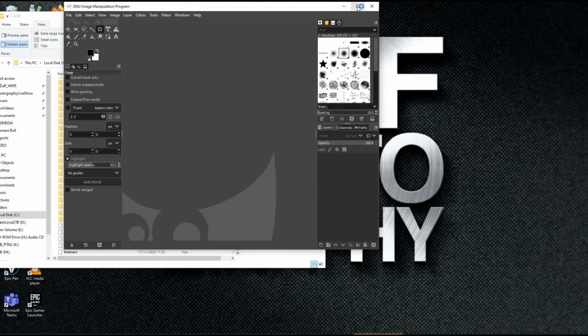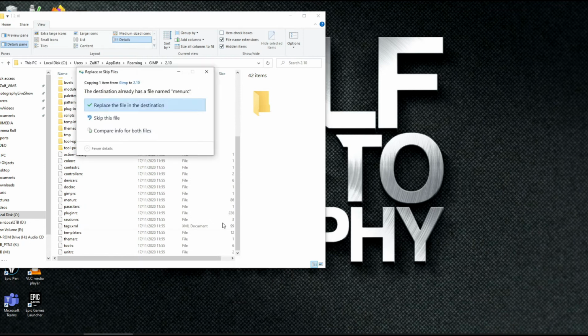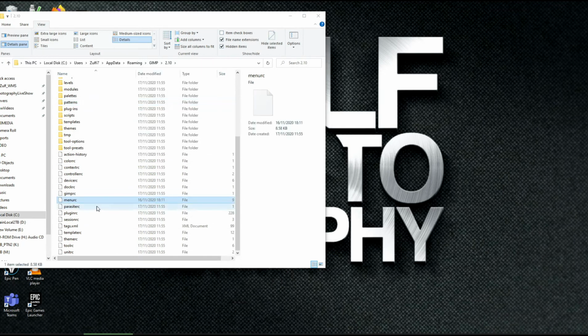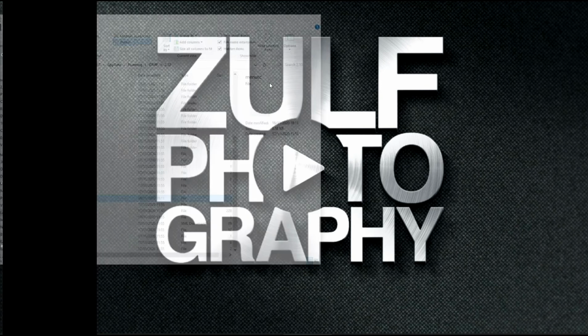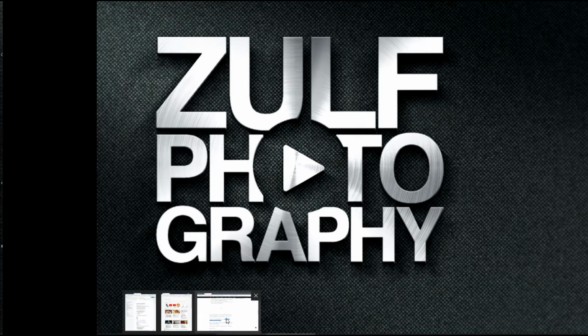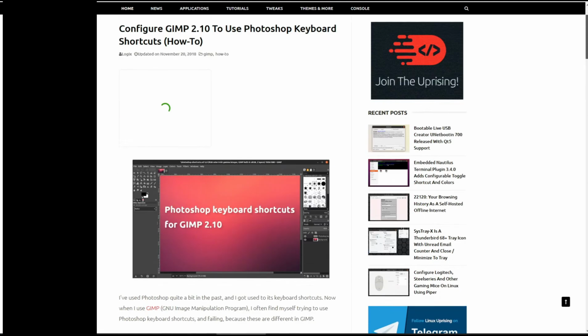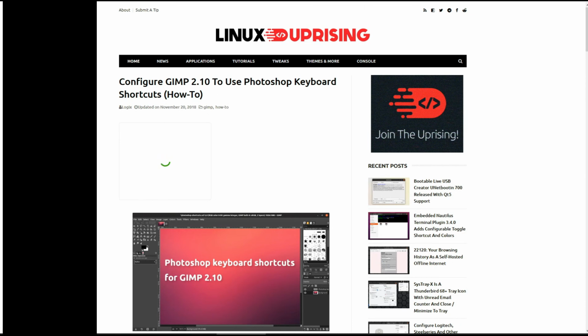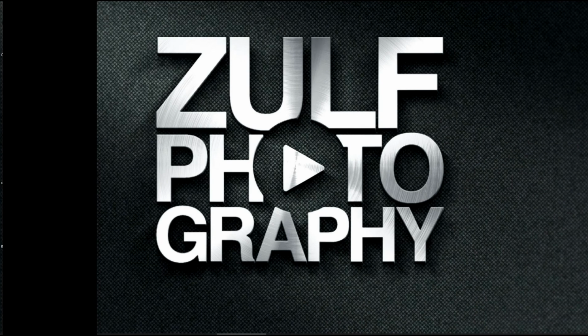So I'm going to close the Gimp and right click and paste and replace the file in the destination. So that's done that. All we've done there is added that little file which allows the shortcuts to be similar to Photoshop. So that was basically that element of the process. Now I can close that down. We've done the download, that is fine, and now we can open the